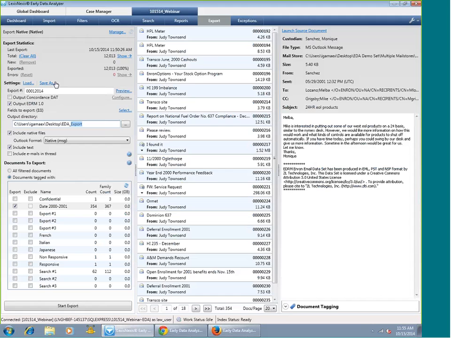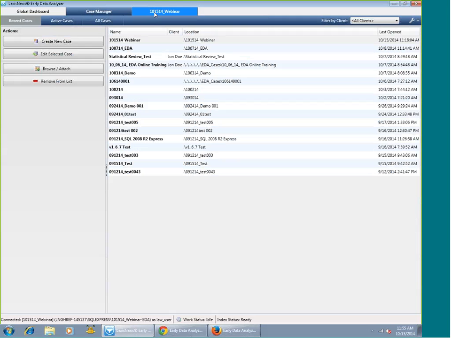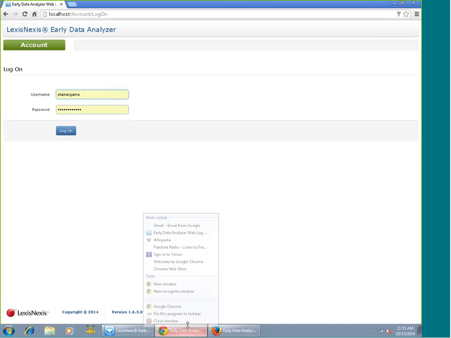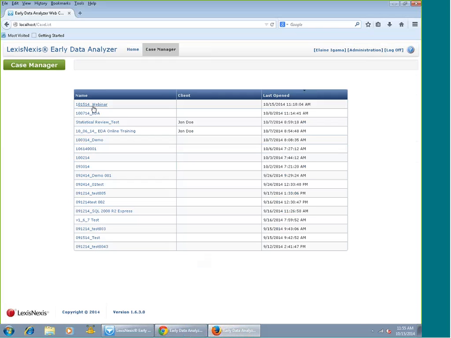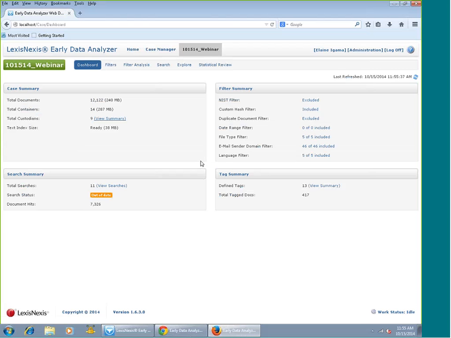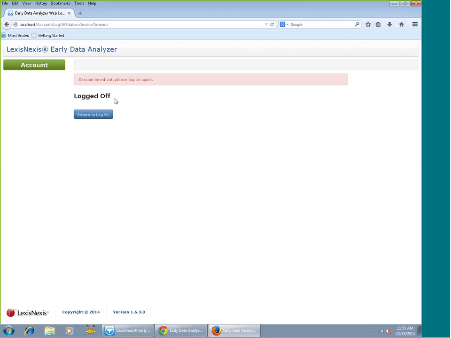All right, so if you remember, the case title was the 10-15-14 webinar, and because I have everything set up on this particular machine, I did set up IIF, it's configured with EDA Web. I can now access, close this window here, I can now access that specific case through the web. So once I hit open on this webinar here, you'll see the same type of information that we already saw,